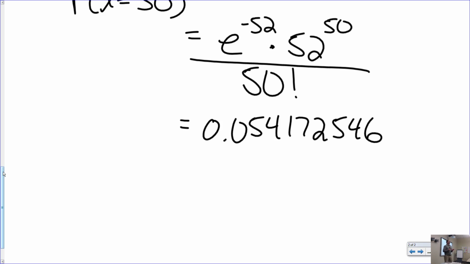It's the second LN button in the upper left-hand corner. Okay, so if you hit second LN, it gives you E up caret, right, and then punch in negative 52. Close those parentheses. Then times parentheses 52 up caret 50. Because the up caret's what gets you raised to the power, and then divided by